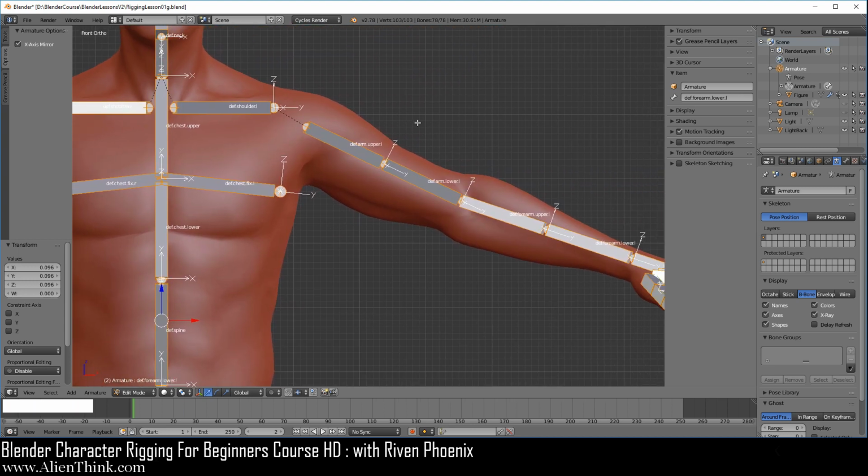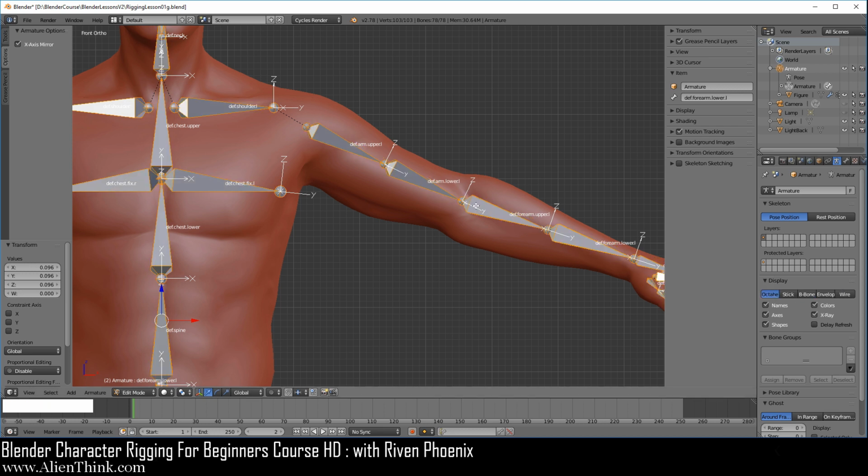Notice that when we did Control Alt S, it's really just modifying how they look inside the 3D view. If you switch it back to octahedral mode, it really is not going to modify or damage the placement of your bones inside your 3D character. Right, so go ahead and click this back on.